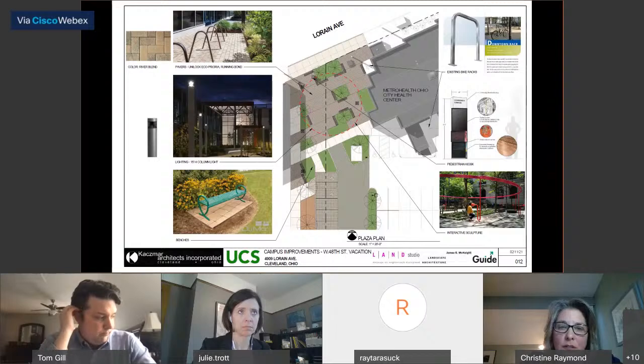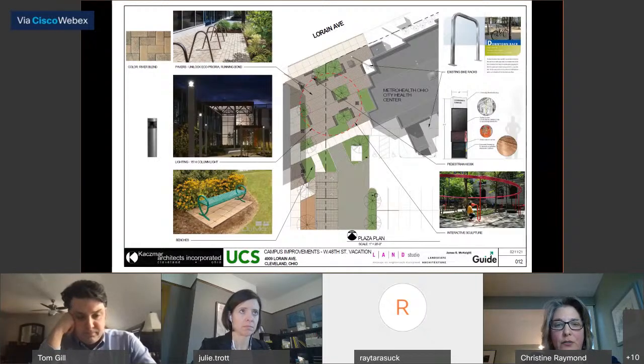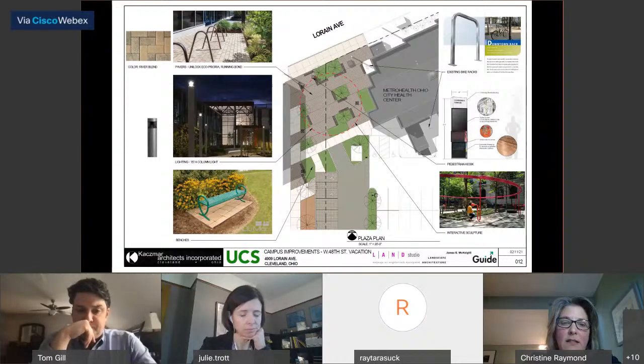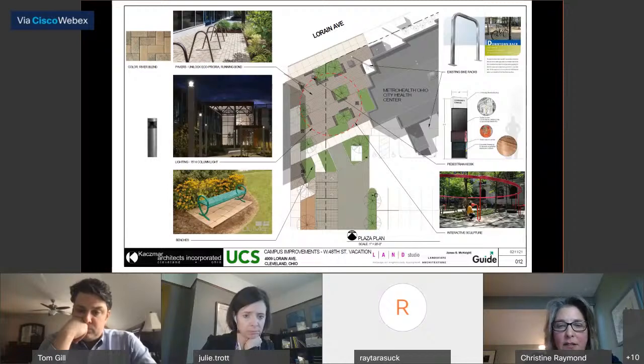There are currently 2 locations of bike racks installed, both at the Metro Health entrances. Those are already installed and would be maintained as a part of this phase. And then moving down to the center on the right side of your slide, this plaza, we're proposing a pedestrian